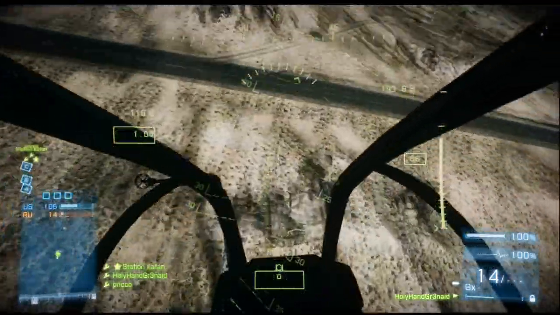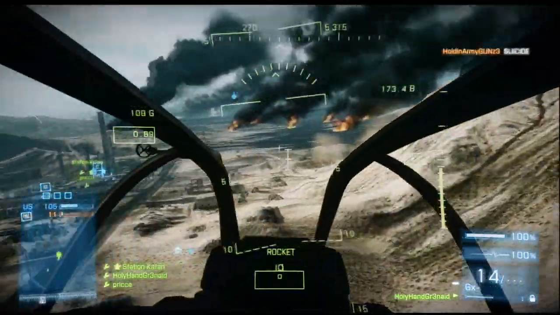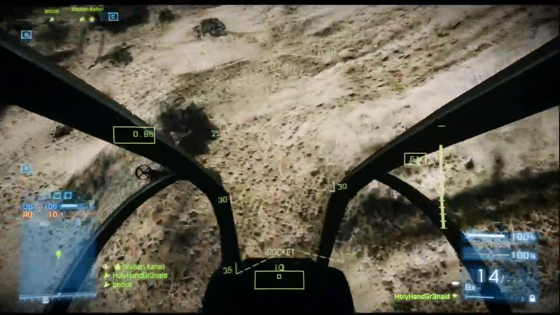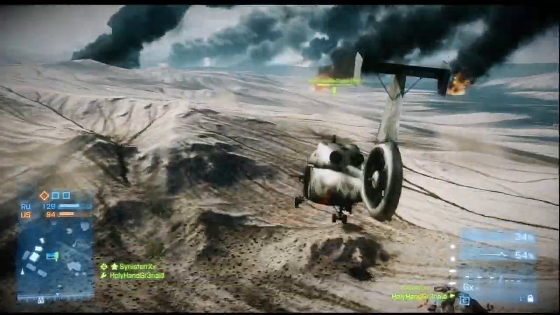If done properly, it should appear as though your helicopter is doing a scooping motion in the air. My next advanced air combat tip deals with repairing. Before I proceed, I would like to strongly recommend that any pilot should be using the engineer class with the torch equipped. If you find yourself in a burning helicopter, it is imperative that you get to the ground as